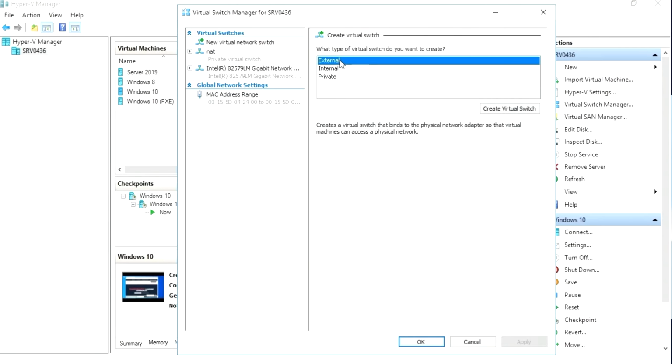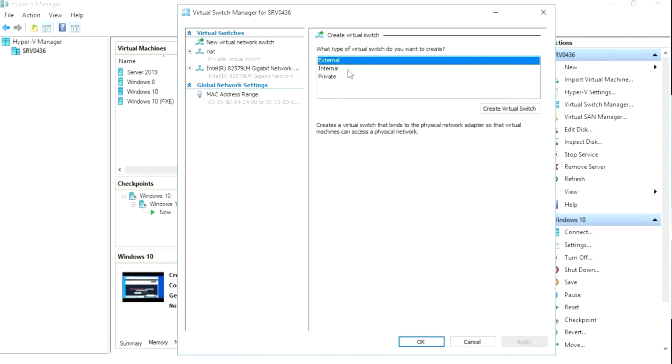But effectively, an external virtual switch means that virtual machines can fully network just like any other real system on the actual network, up to and including internet access, provided, of course, that the host system has internet access. But in short, it means that virtual machines can at least network as much as the host system can.